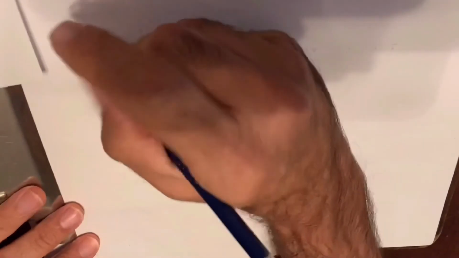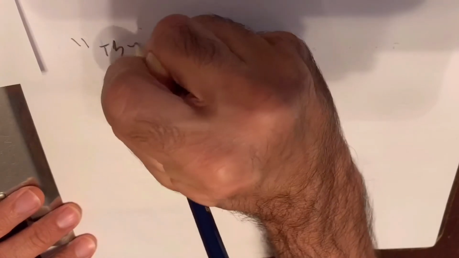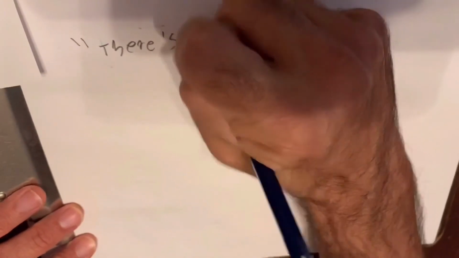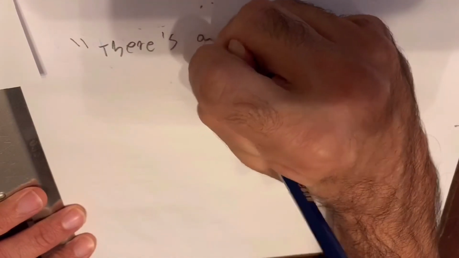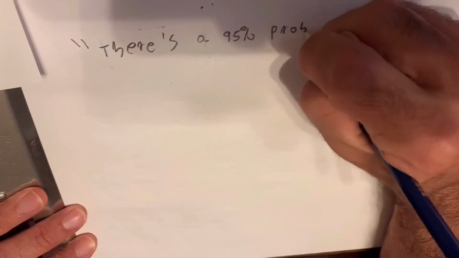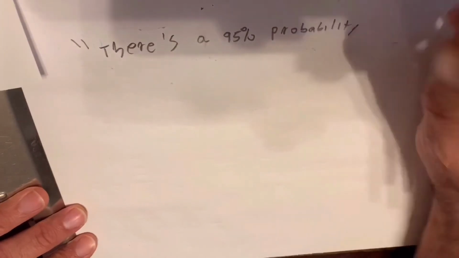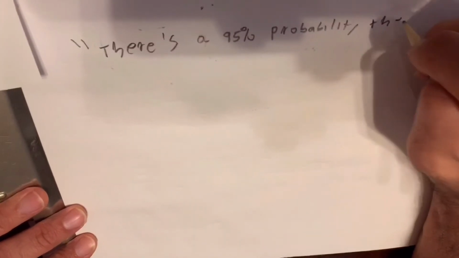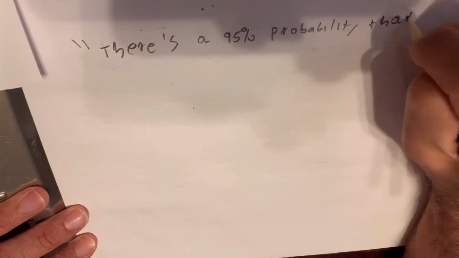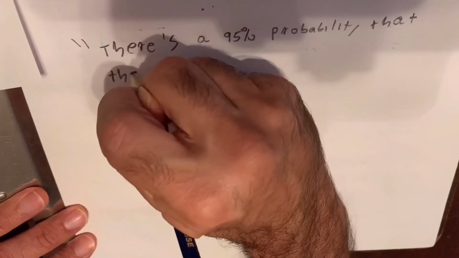So you should say something like this. And I'm putting quotes because if you say it this way, you will get full credit. So if you say there's a, or I meant to write A, but I wrote 9 because I was all about to write 95%. There is a 95% probability that the aforementioned